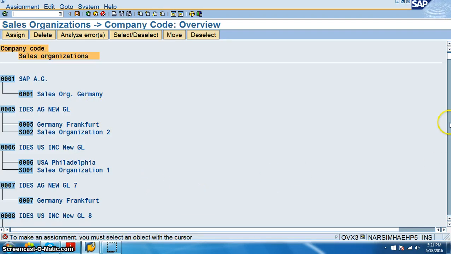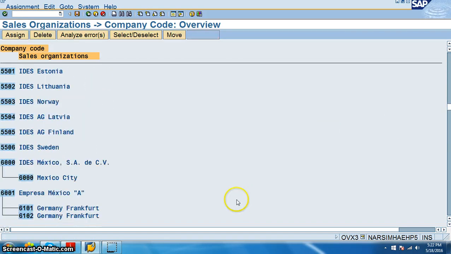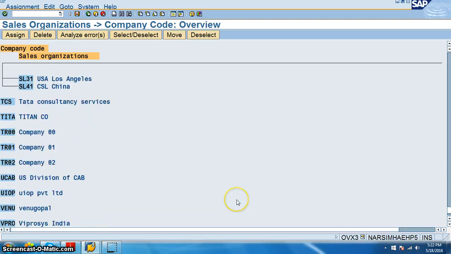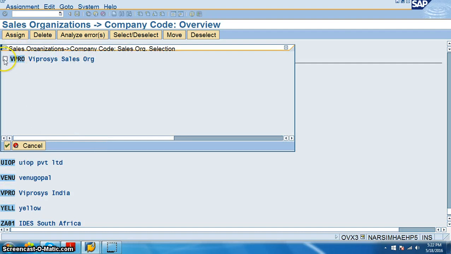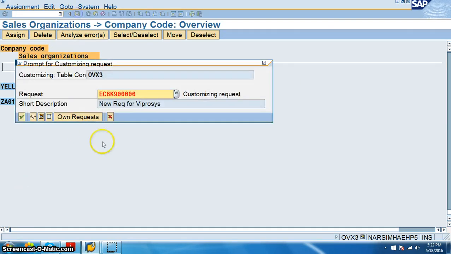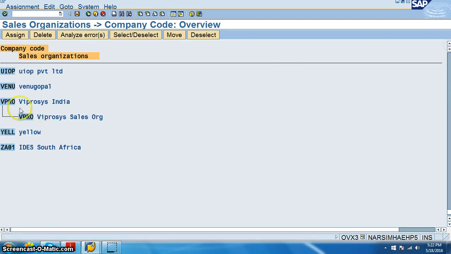So we have sales organization, and we have our company code here. We just need to assign. We have to select this, tick mark this and assign, and then we have to select this sales organization, which is already there, so just select this. Now what happens is we are assigning this sales organization to our company code. If you just come up, this is company and this is a sales organization.